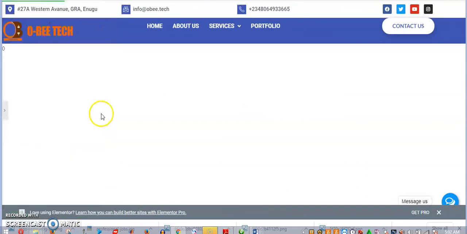So this is just a view of the little design we just did. I believe you can see the difference now and how sweet it looks. So this is the location, the address, the mail address, the call. Now look at this call now. Just clicked on it to get